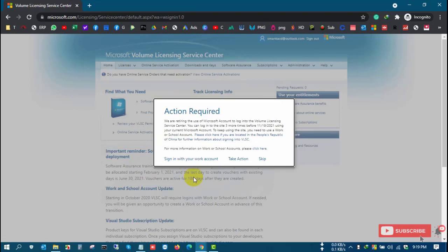You need to sign in to your VLC portal with a Microsoft 365 account or Microsoft Azure account. So whoever has purchased a VLC license must sign in to the VLC account with a Microsoft Azure account or 365 account, and this is the process I tried to show you to create a Microsoft Azure account or Microsoft 365 account and sign in to your VLC portal without any interruption.